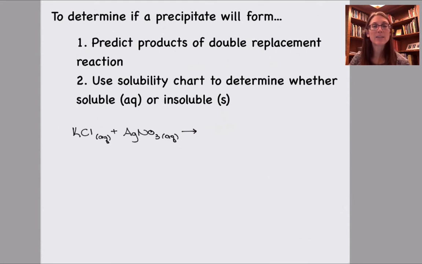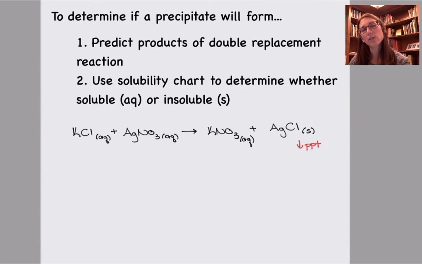So here I've got potassium chloride reacting with silver nitrate, and that's going to form potassium nitrate and silver chloride. KNO3, potassium's a group 1 cation. Nitrate is, nitrate. Both of those are always soluble. So this is going to be an aqueous solution. Things that are soluble form aqueous solutions. Silver chloride, though, would land in the category that says soluble except for silver, so it's insoluble. And so this will be your solid, and this will form a precipitate.